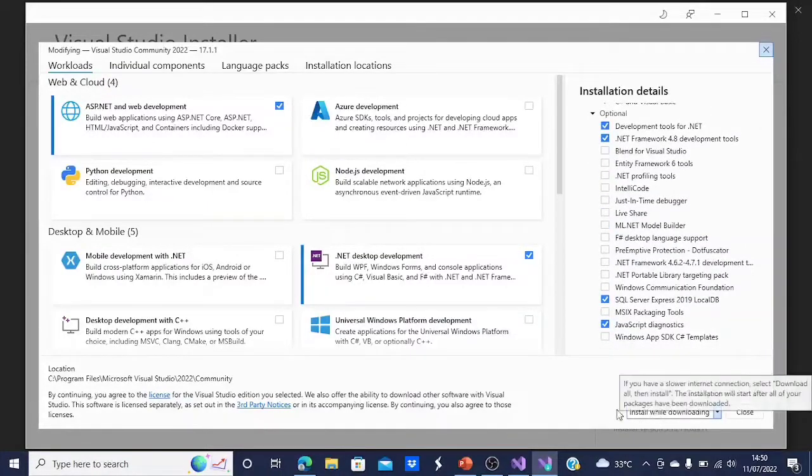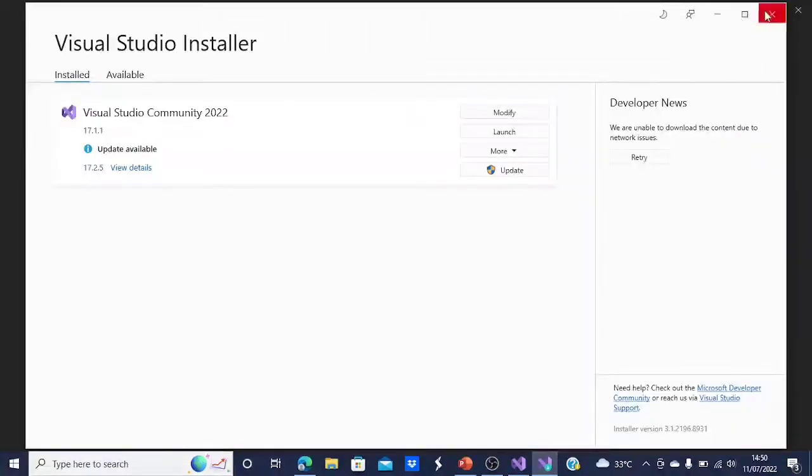Now, in here, you will get a button to modify in the Visual Studio Installer. Because I have installed the template, I'm not installing it again.